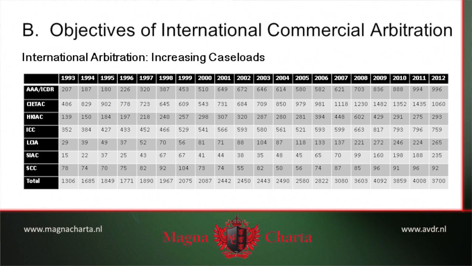Now, based on those various objectives, seen by many commercial parties as real advantages, arbitration has become what is often referred to as the dispute resolution mechanism of choice in international commercial matters. You can see on the current slide, I apologize for the minuteness of the type, a chronological listing of the number of international commercial arbitrations conducted by only a selection of leading international arbitral institutions over the past 20 or 25 years or so. That number has gone pretty steadily upward.